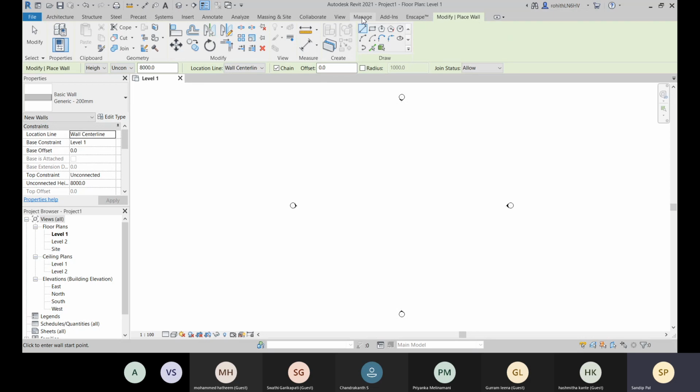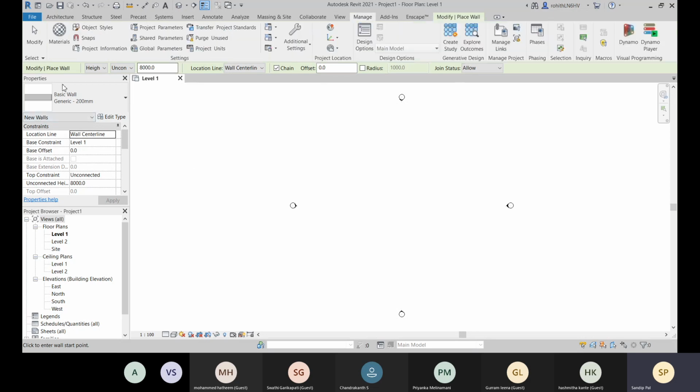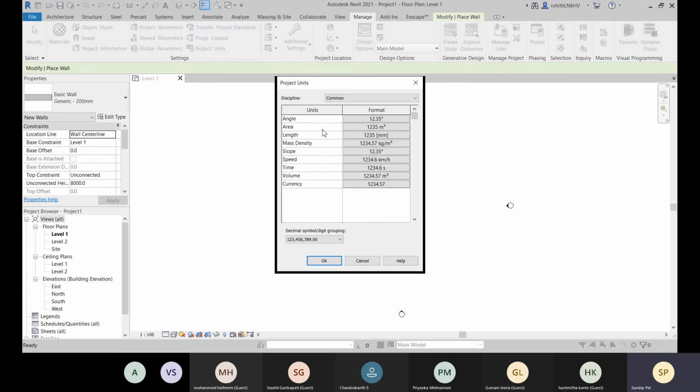You can check by going to Manage, and there you will have the Project Units, or you can type the shortcut UN. You don't have to press enter. You see that the area is meter square, length is mm. So you can change this also. Here you can see that this discipline is common, so this will work for each discipline.